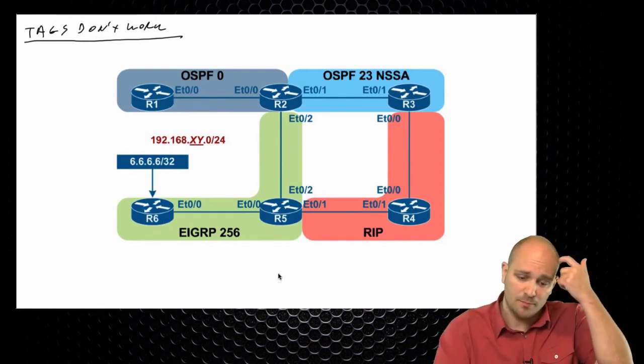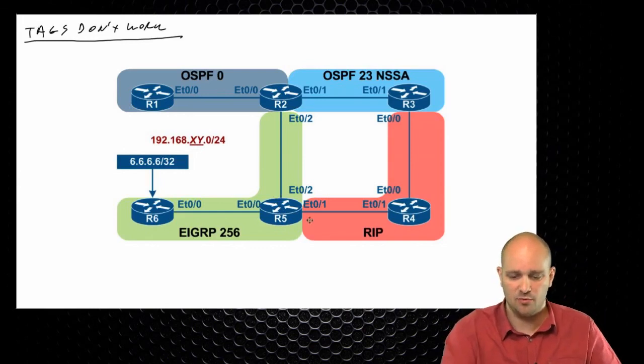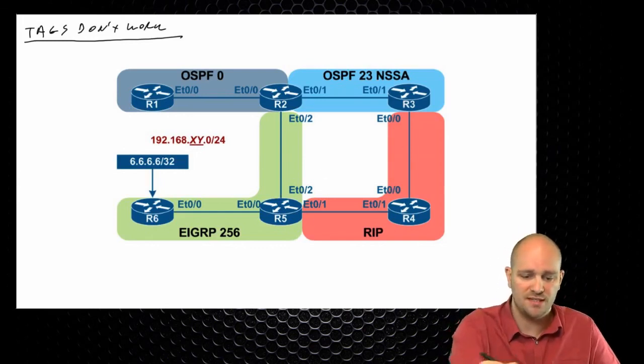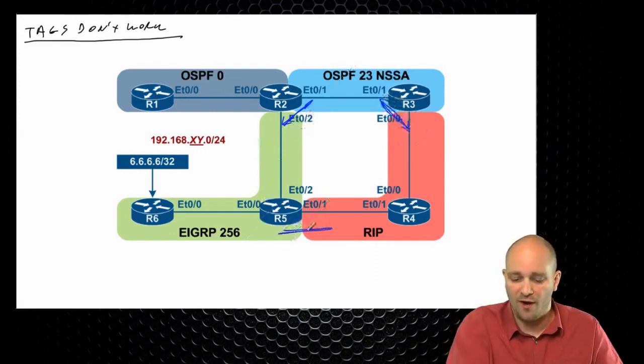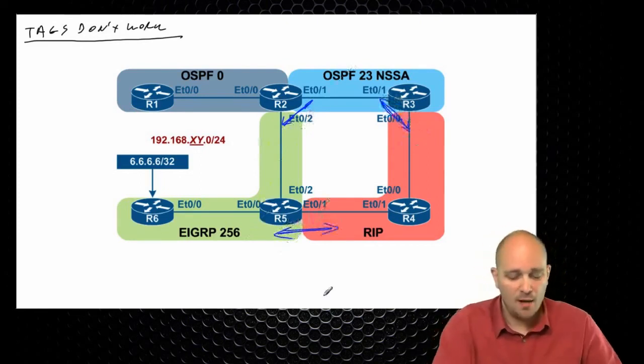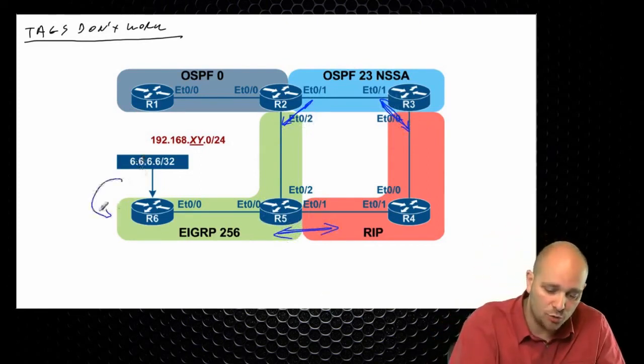And the task is very simple. Make sure that everything in this network is reachable, mutually redistribute on R2 between OSPF and EIGRP, on R3 between OSPF and RIP, and on R5 between EIGRP and RIP. So this is the task. And by the way, on R6, you need to redistribute